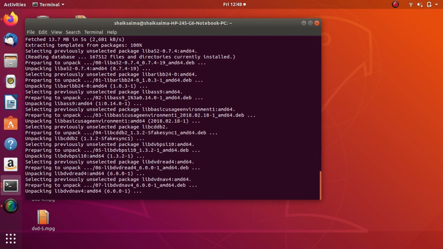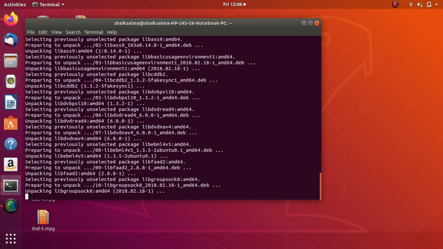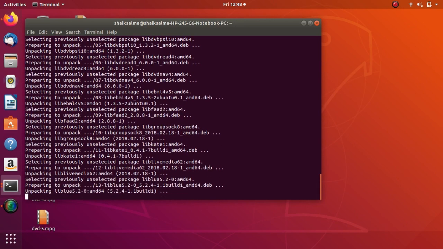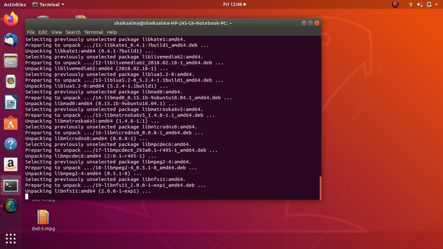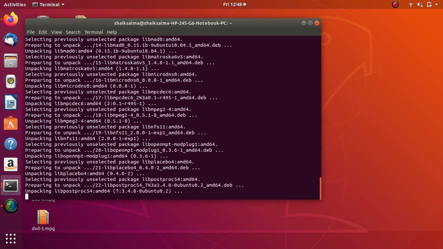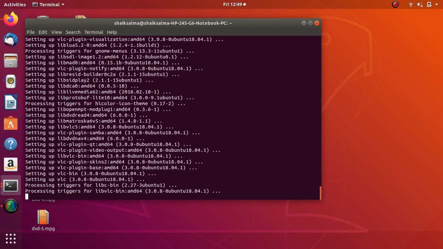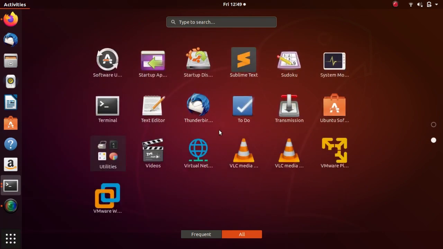Here it is installing the VLC libraries into the system. Okay, the VLC is installed. Let's check. You go to menu. Okay, here the VLC is installed. You can see the icon.